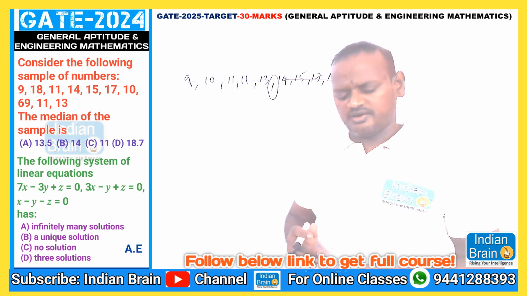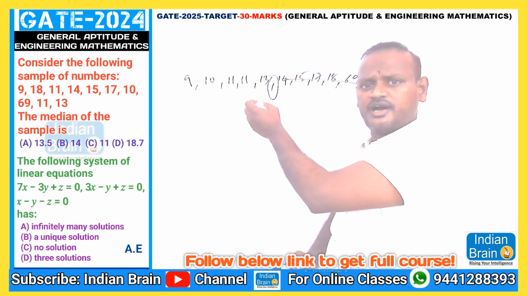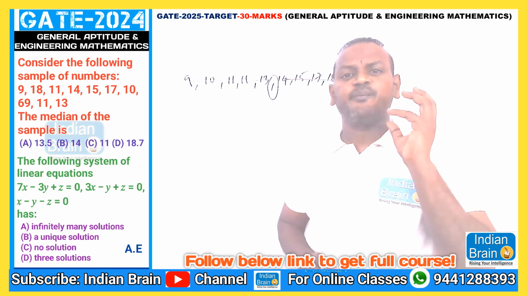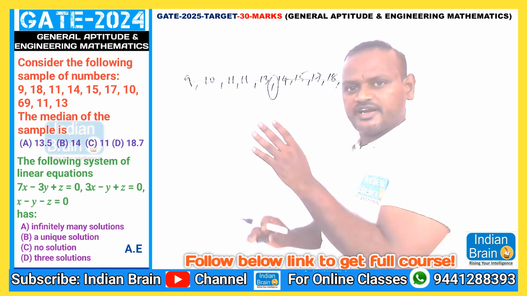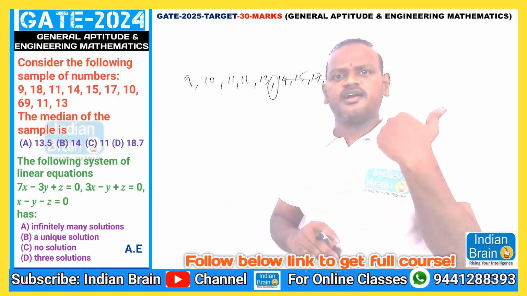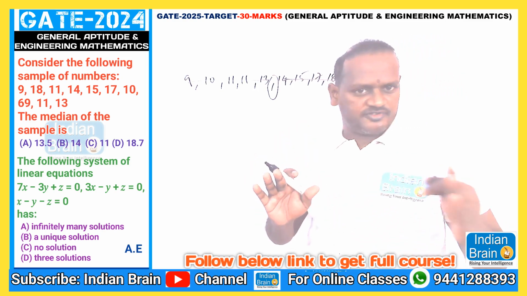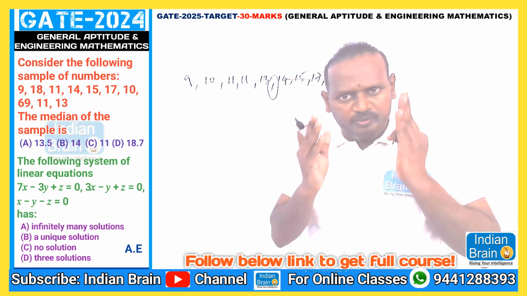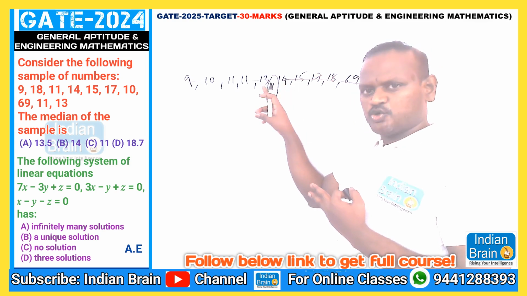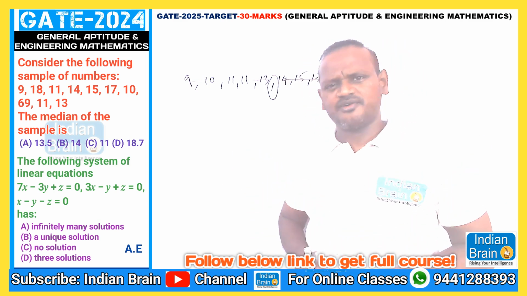Very simple. Then what about mean? Mean is nothing but sum by number of terms. We need to add all of them and divide by the number of terms. But in this case, I want the median. That is nothing but, after writing a particular series in ascending or descending order, identifying the middle number. Unfortunately, we have 10 terms. Starting 5 gone, remaining 5 gone. We want the middle, so that's not possible. That's why you go for the mid value of the last two numbers, 13 and 14, in between will be 13.5. This is a basic idea, right? Very simple, don't confuse.